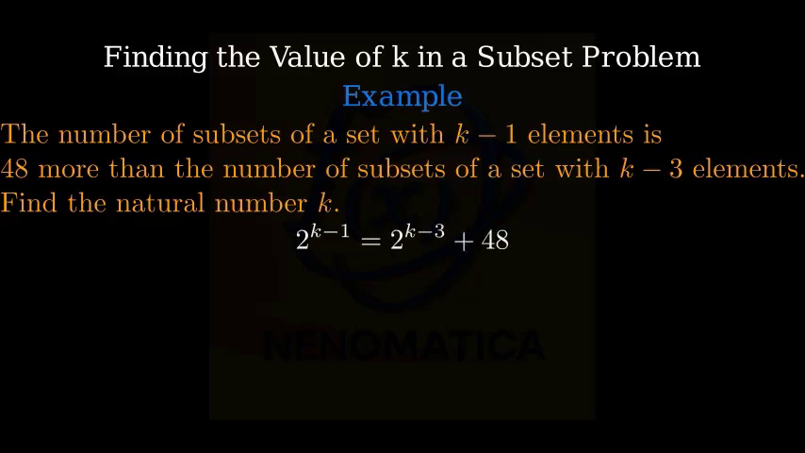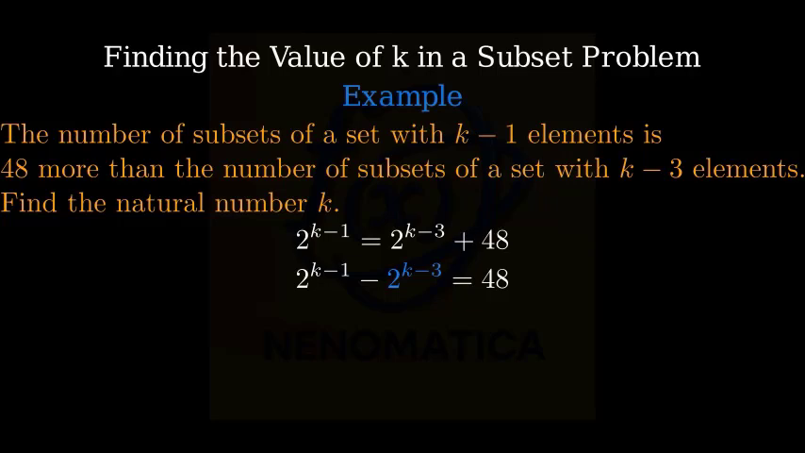We know that the number of subsets of a set with n elements is 2 to the power of n. So, the number of subsets of a set with k minus 1 elements is 2 to the power of k minus 1. And the number of subsets of a set with k minus 3 elements is 2 to the power of k minus 3. Now, let's move the 2 to the power of k minus 3 term to the left